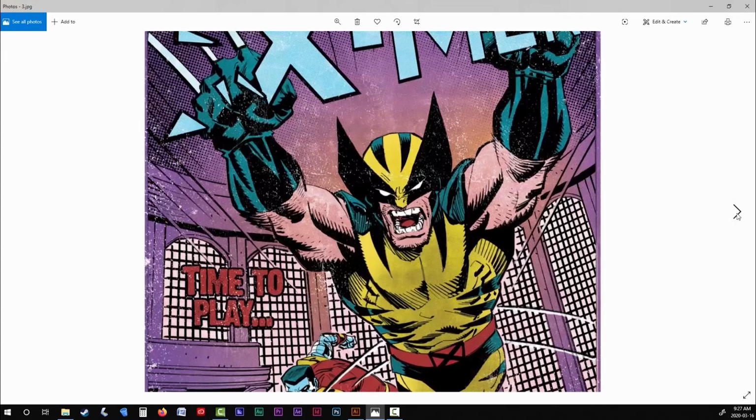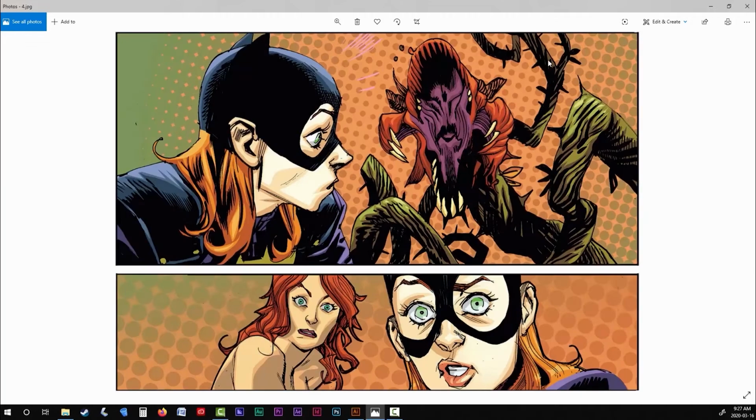A second way to use gradients is a little more old school, and that's by utilizing the dotted effect. Traditionally, this effect was created more by the person who was inking the comic as opposed to the artist coloring it. But since they color most comic books digitally these days, you'll find that this effect is being used more by colorists than by inkers.